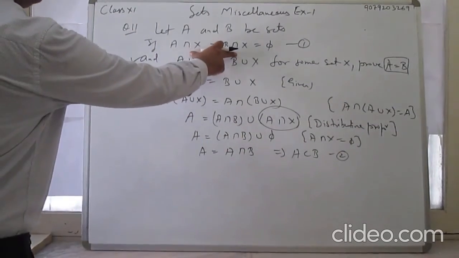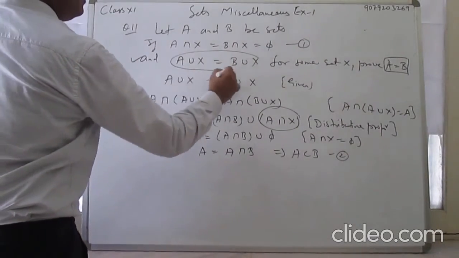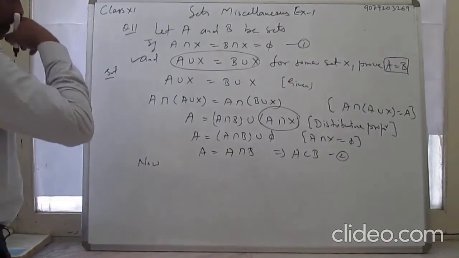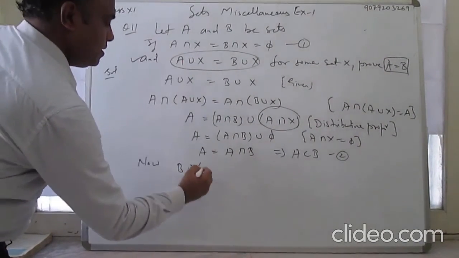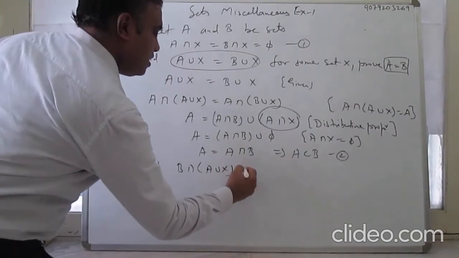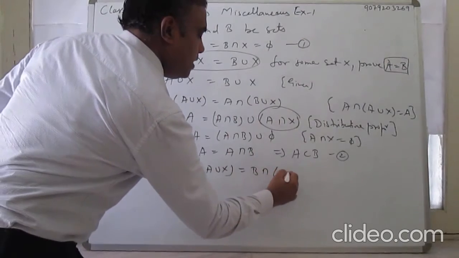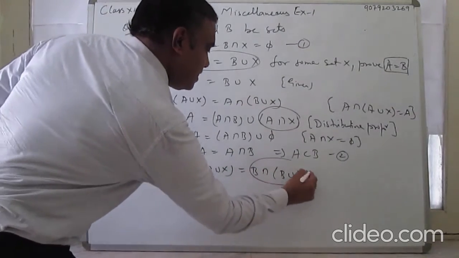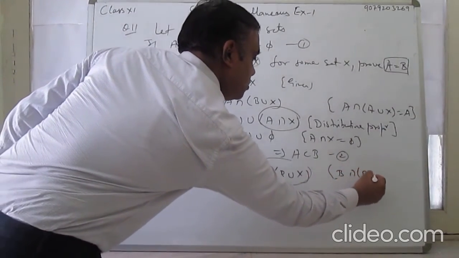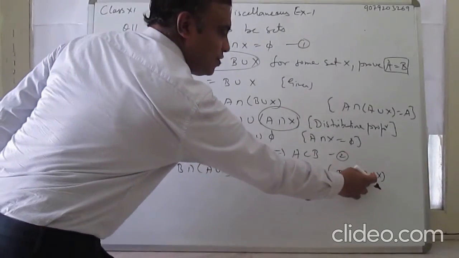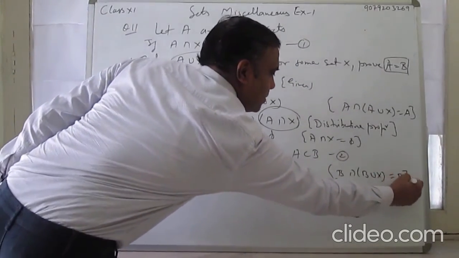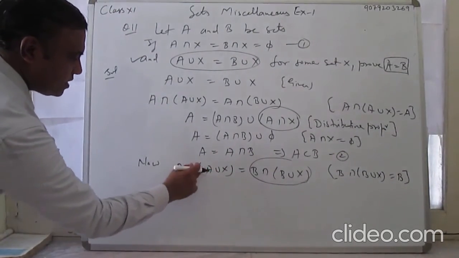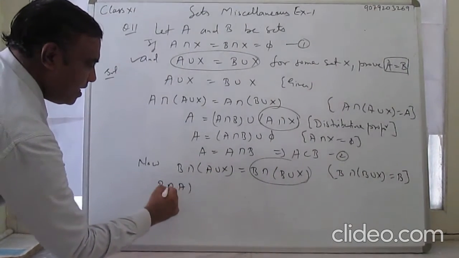Now I will operate this. With what will we operate this now? With intersection B. Then now B intersection (A union X) is equal to B intersection (B union X). Now use distributive property here and here it becomes, what will you write in its place? B intersection (B union X), what will this become? B union X is a universal set and its intersection with B, what will be formed? So in its place write B. Now here, apply distributive property, intersection over union, (B intersection A) union (B intersection X).